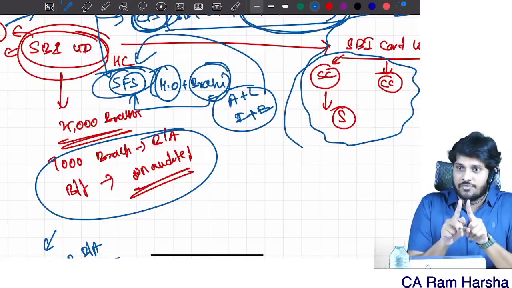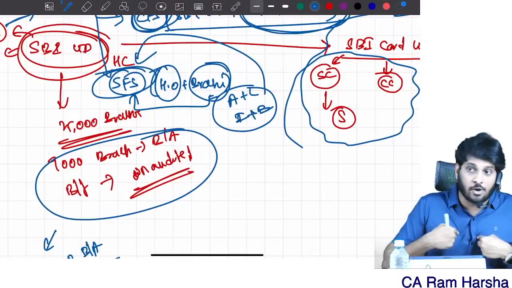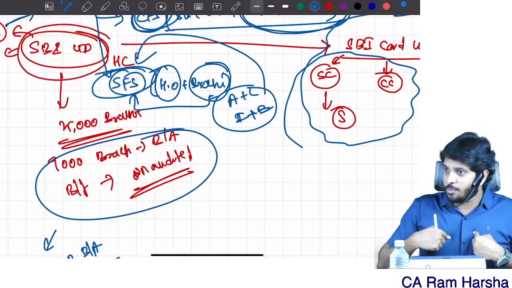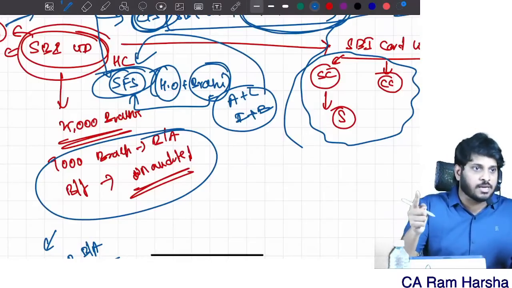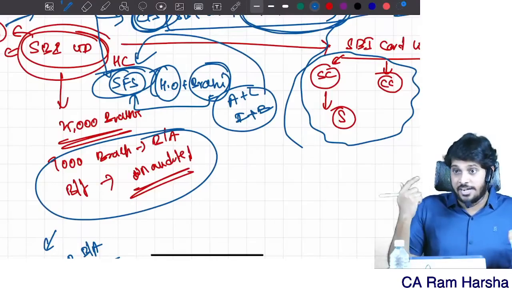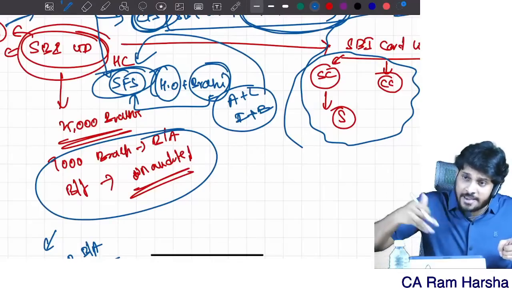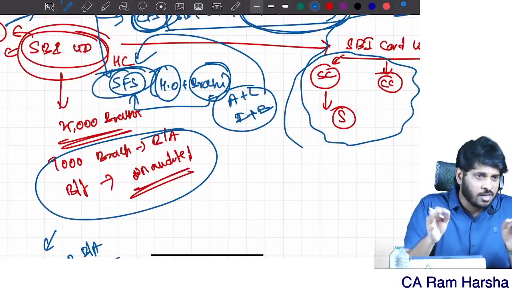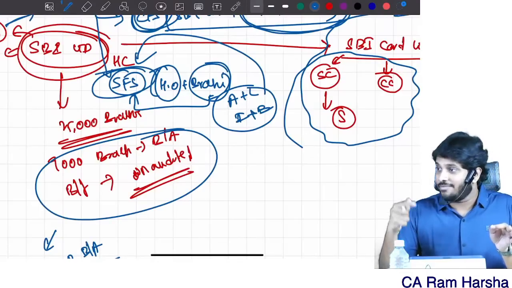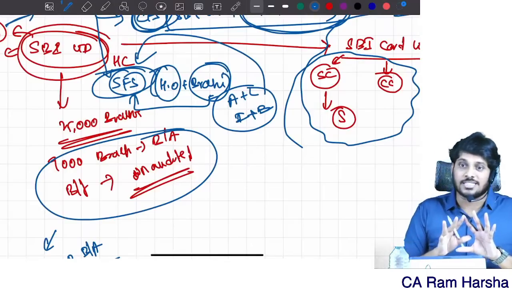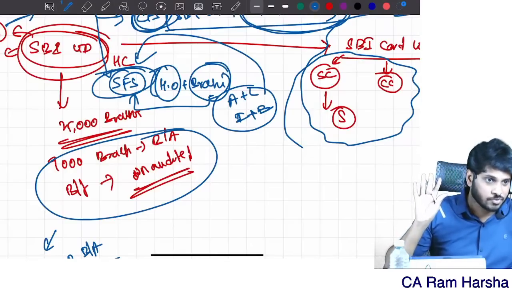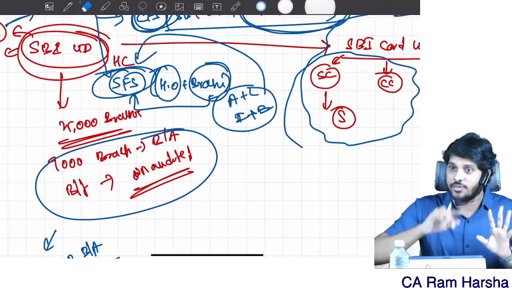But on standalone financials, my report only should be given. My opinion only should be given. And my report only will go to the public. Branches were audited by other auditors. I don't know anything about the branches. Then how come I give an opinion on standalone financials? Use branch auditors' reports. They said everything is true and fair, right? You also consider it as true and fair, and then give an opinion on the total standalone.